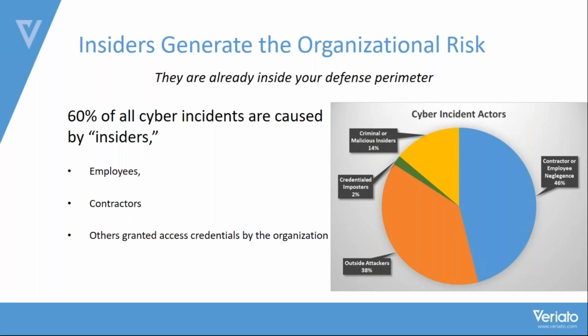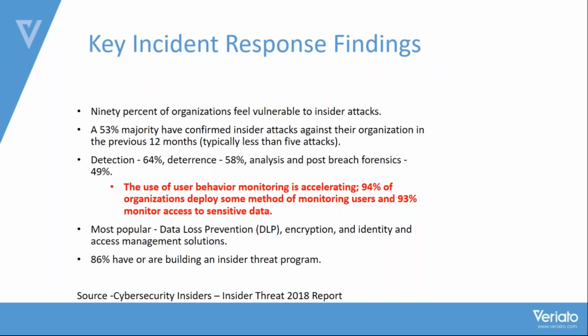14%, as you see highlighted by the yellow, comes from insiders with criminal or malicious intent, people who intend to harm you. Let's face it, some of our employees have bad attitudes, or they develop bad attitudes over time. And these individuals, even though they're a minority, can pose a significant risk to your organization because they intend to use their authorization and access to assets for their criminal or malicious purposes. Or even if it's not criminal, it could be malicious because they're upset they didn't get a raise, they didn't get a promotion, and they just want to hurt the company. Right?